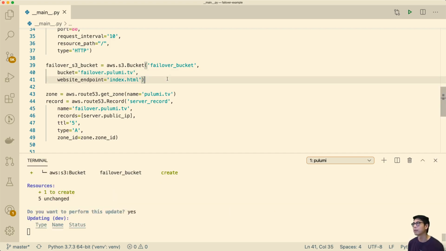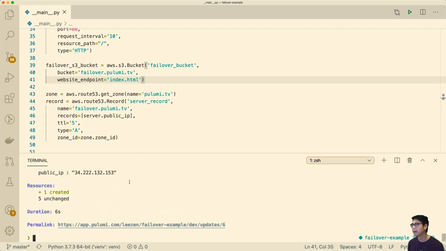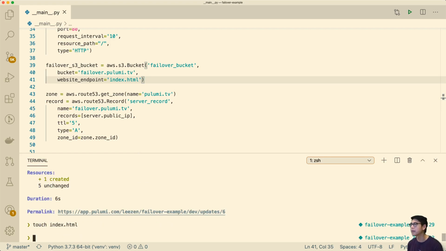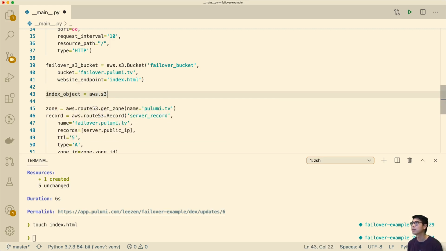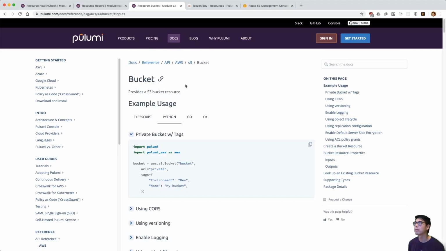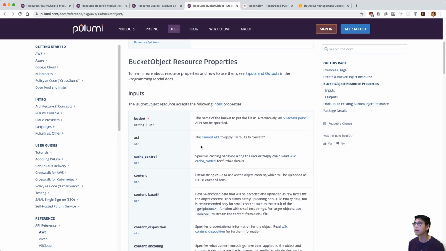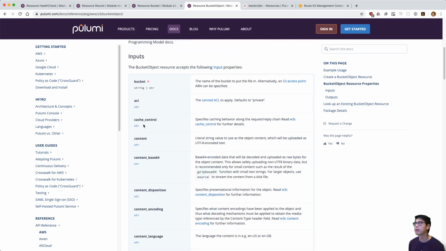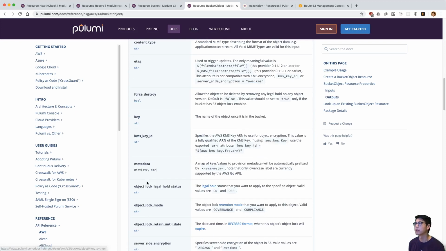Oh, and I forgot to create the site. Sorry, let me do that real quick too. So let me touch index.html, and we have to create this bucket object. So we'll call this the index object. And we'll just double check the stuff there. So here it's the bucket we have to put it in, and then the content. In our case, we can actually just use, I believe,